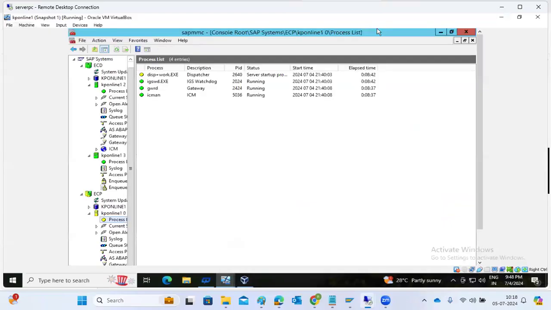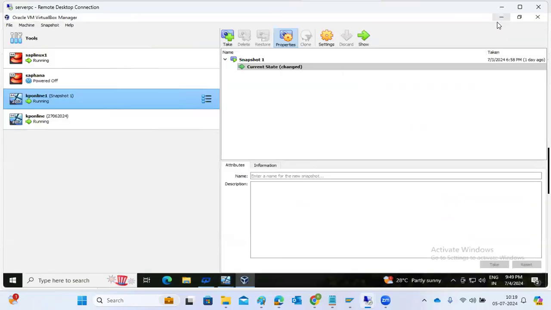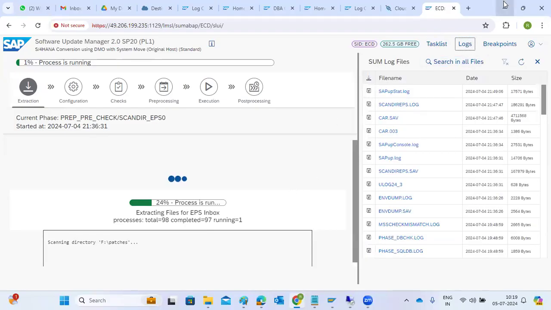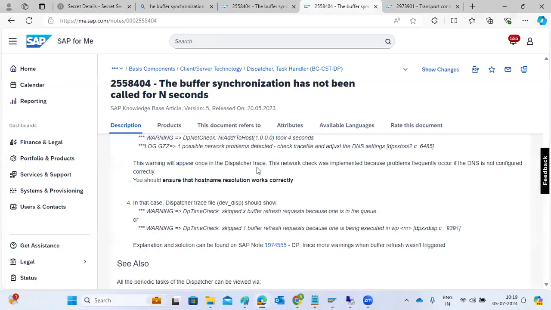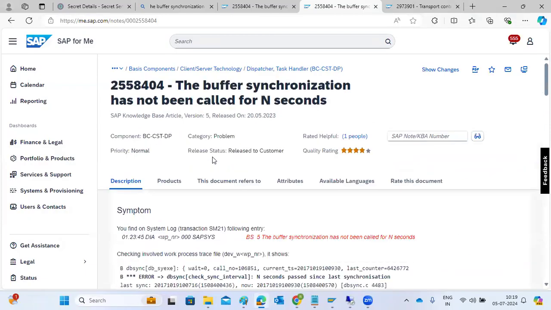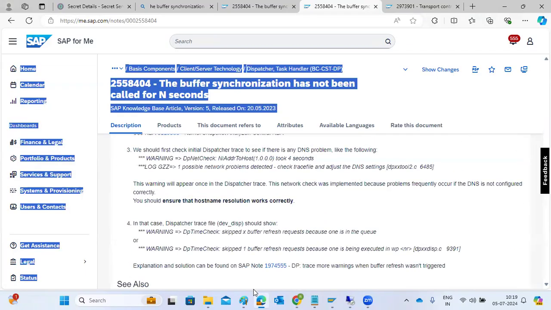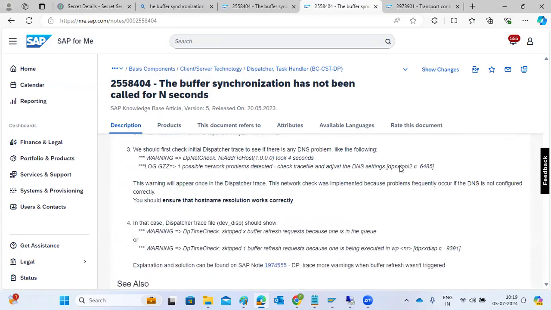We can fix it in our SAP systems by following the SAP note. This is the note corrections section, meaning an information note. It contains information on how to fix it, and all the information will be available in this note. Regarding note implementation, this note we cannot implement. Why? Because it says we have to follow the resolution steps. It is an instruction note on how to fix this type of error, which was released on